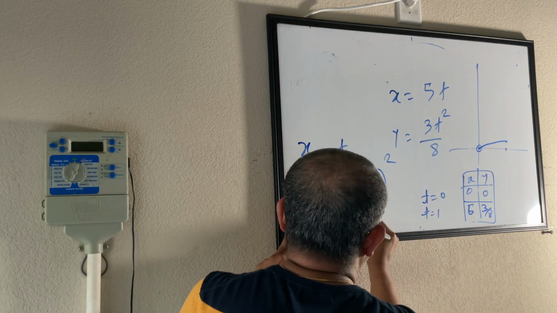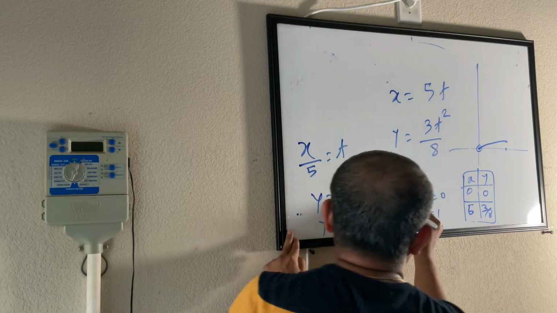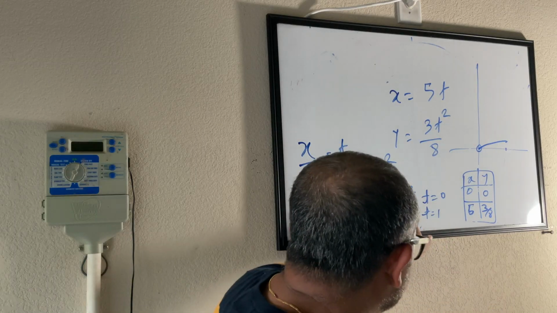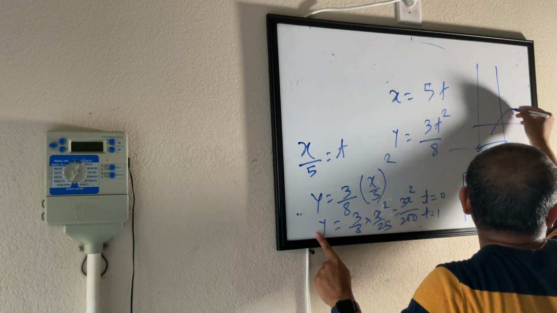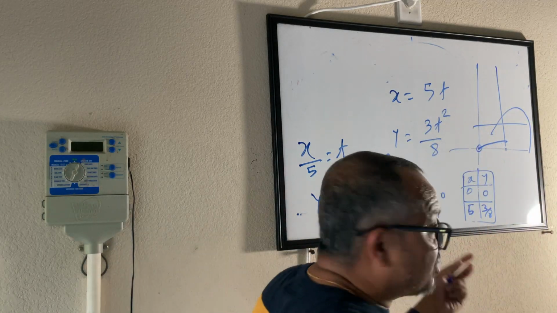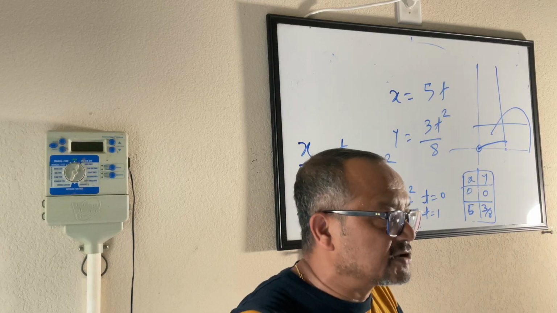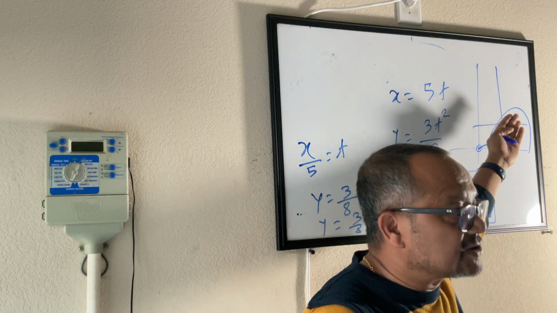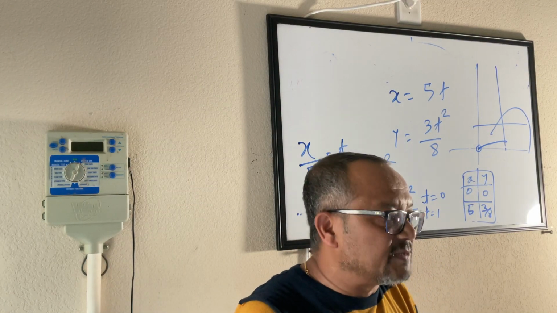So y equals 3 by 8 into x squared over 25, which is 3x squared over 200. So here, the equation that you got will plot the same graph, but you don't have a starting point. You will randomly pick minus 10, minus 8, minus 6, minus 4, minus 2, 20, 70, whatever you want to pick. But you don't know from where you are starting, because there is no t, there is no starting point given to you. So that's the only difference between